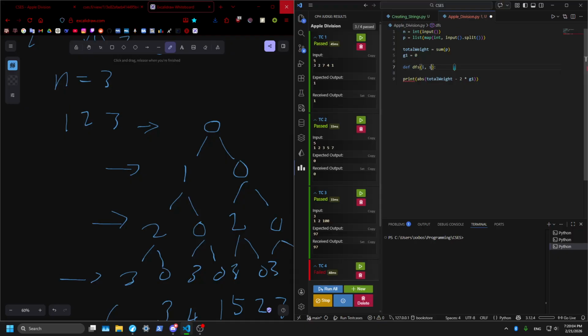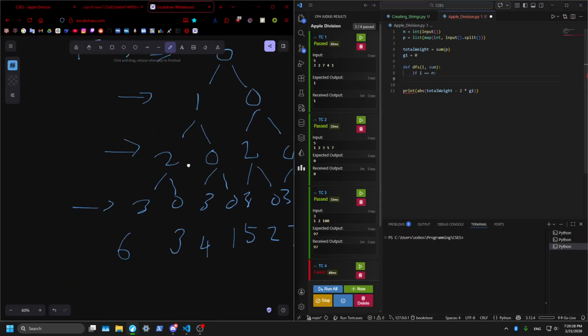Oh, that's a bad word. Sum. And then if i is equal to n, so basically if we get to the n,